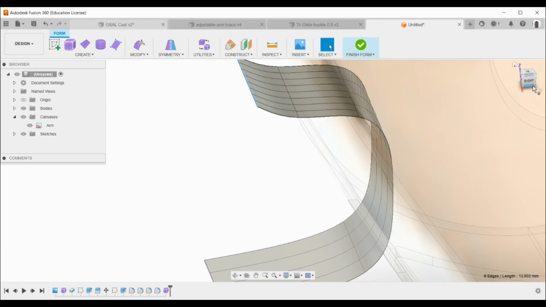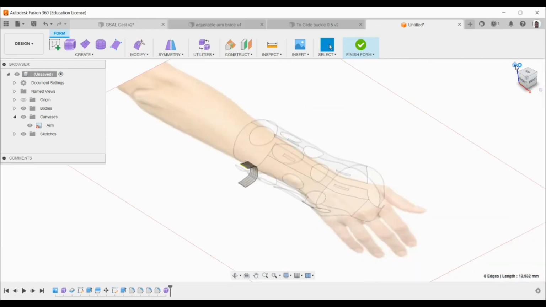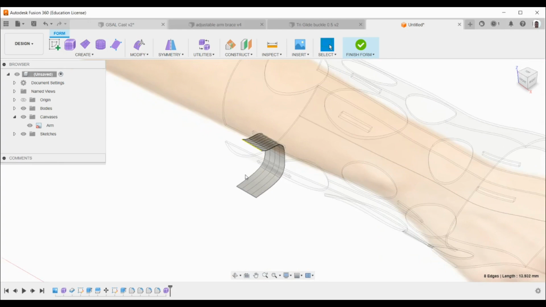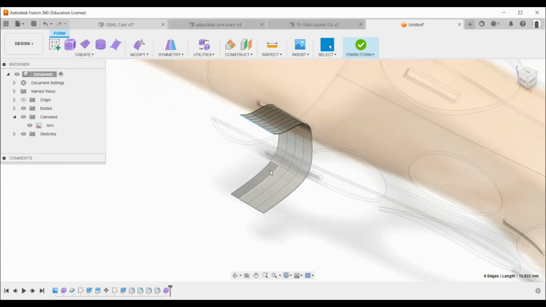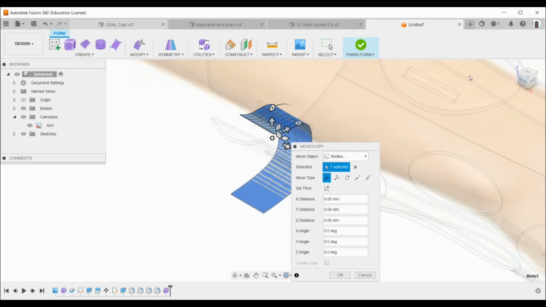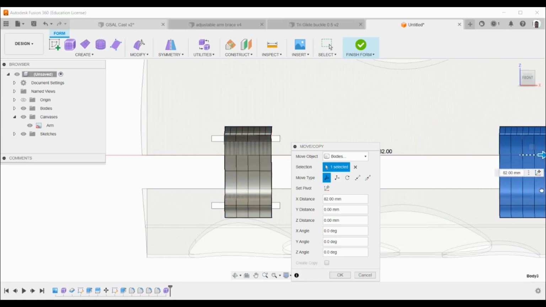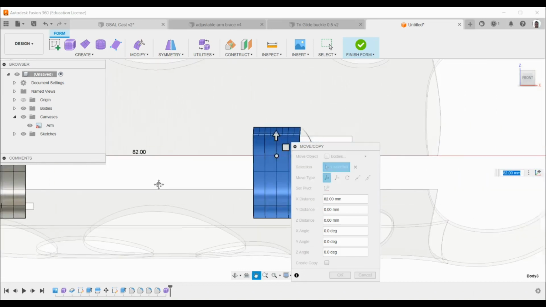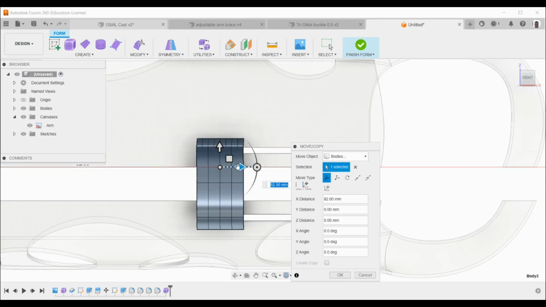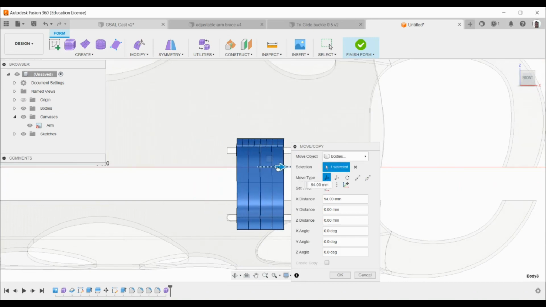Now when we're happy with the strap, we can again double click on it, and we can Control-C, Control-P, so that we've created a second one, and we can move it across so that it is in line with the second set of slots. Now you might need a little bit of further editing,